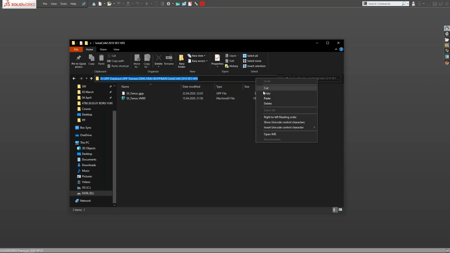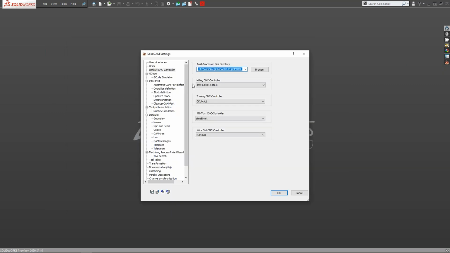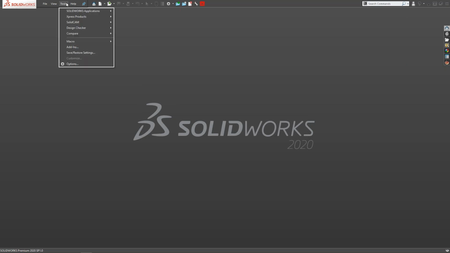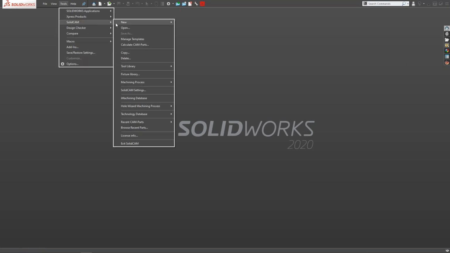Okay, copy this path and paste it here. Now, nothing changed. You just need to click anywhere. It will update. If we had the machine simulation for this machine, we would change this location and set our location here. Now, if you go OK, and if you go open SolidCam,